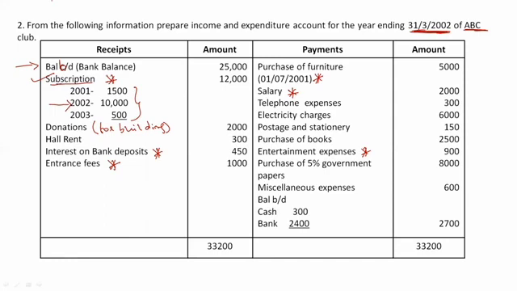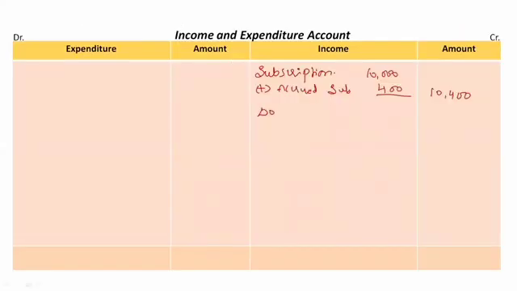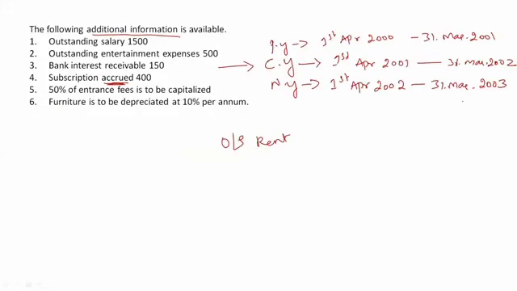They might give you donation for education, donation for food, donation for building, donation for any other asset. Clear? In that case, we should not take it in the income and expenditure account. We will treat it as capital income and take it in the balance sheet. But in this question, no specific purpose is given, so we treat it as a revenue item. Take rupees 2,000 on the income side, donations, rupees 2,000. Then back to the question.